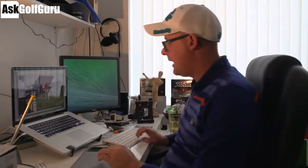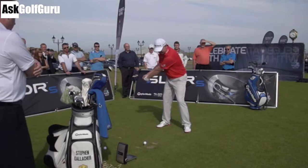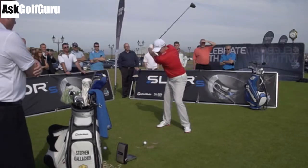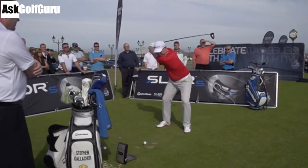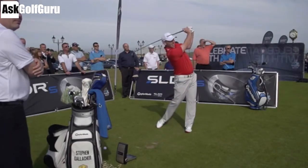Right, guys, let's take a look at Stephen Gallacher's swing here. He's a very consistent player. He's got an interesting action. Some great footage here I shot at a TaylorMade day, like I said earlier. He hits the ball long enough. He's not the longest on tour, but he's got